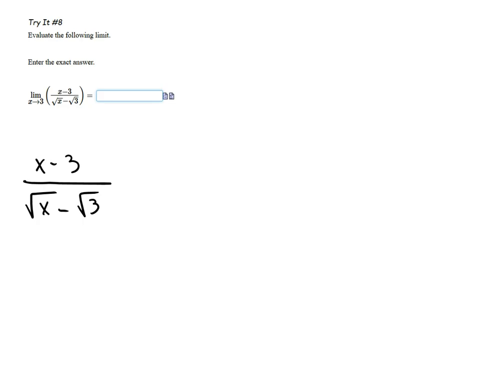And this is really thinking outside the box, and it took me a few minutes to process it. But what would be really nice is to not have a denominator at all, because then you don't have to worry about 0 in the denominator. And since my numerator is an x minus 3, this actually came from, okay,